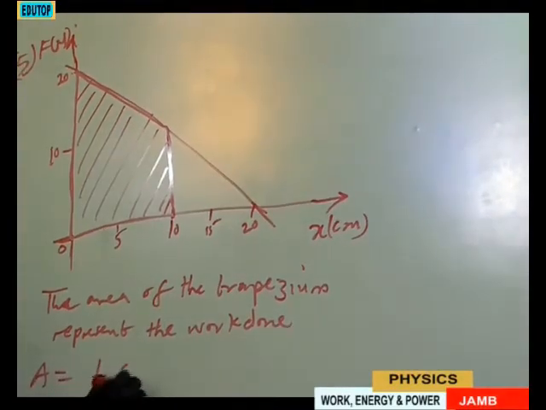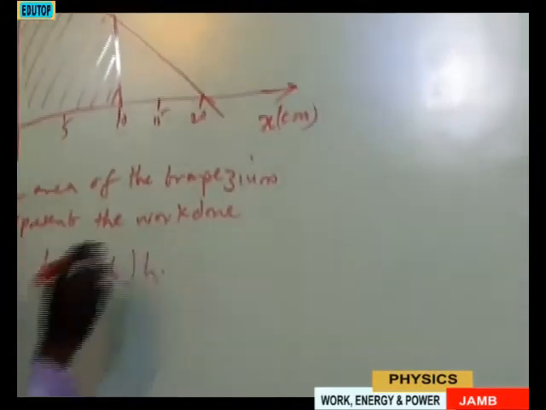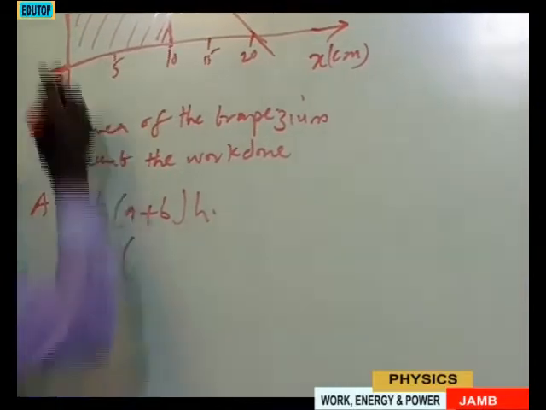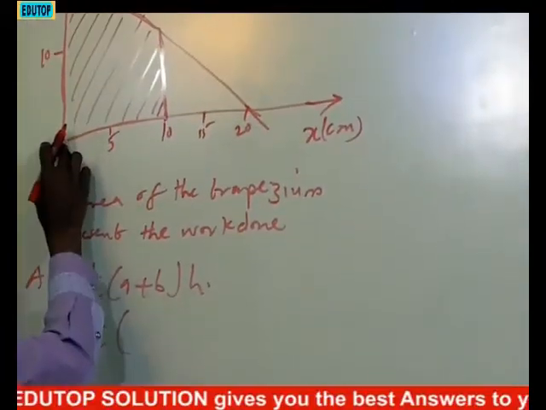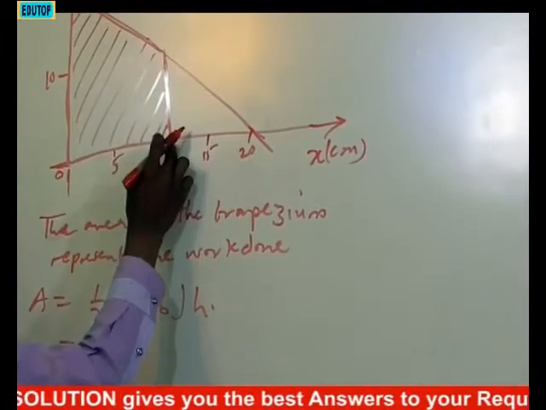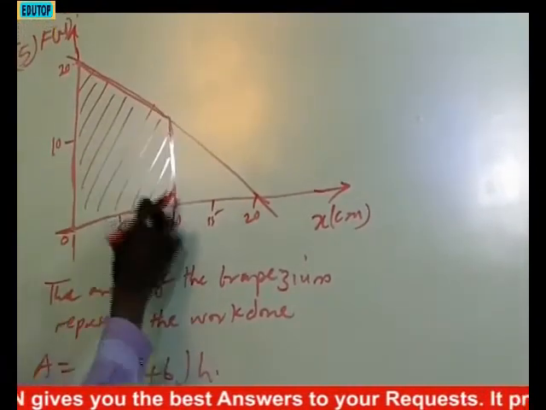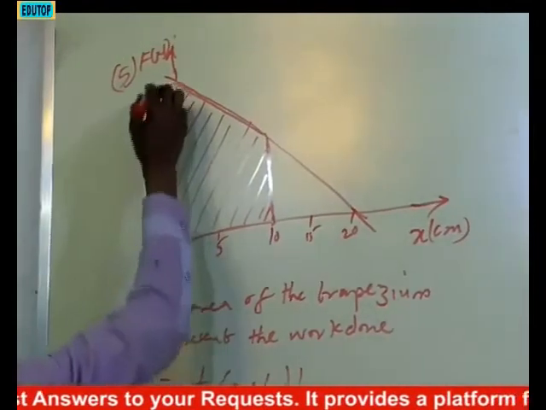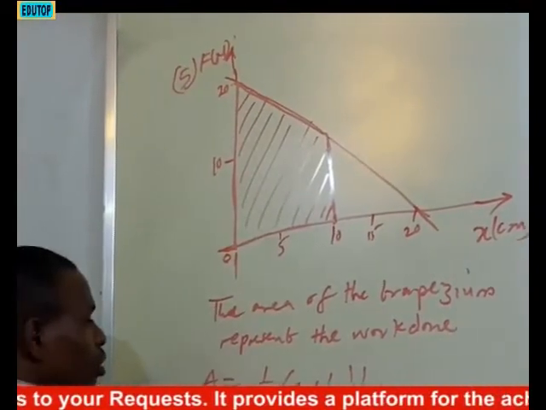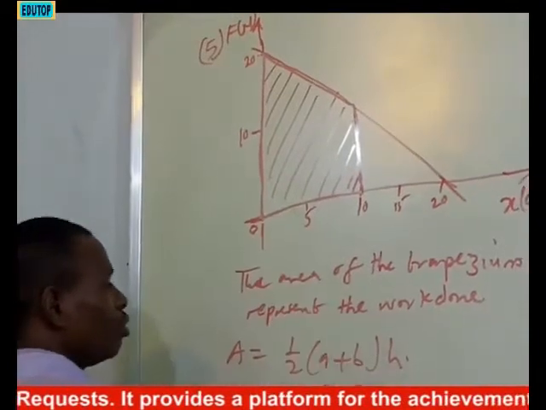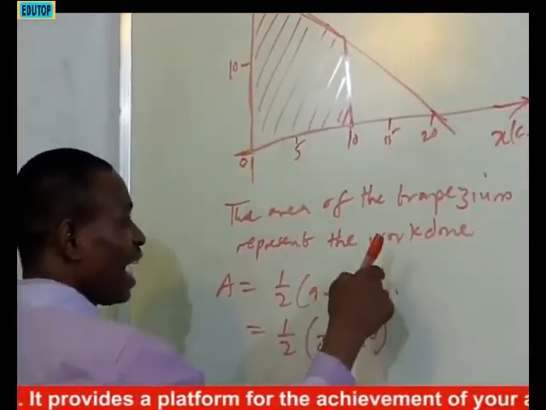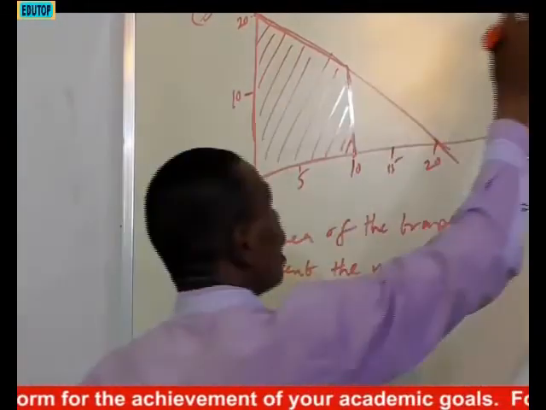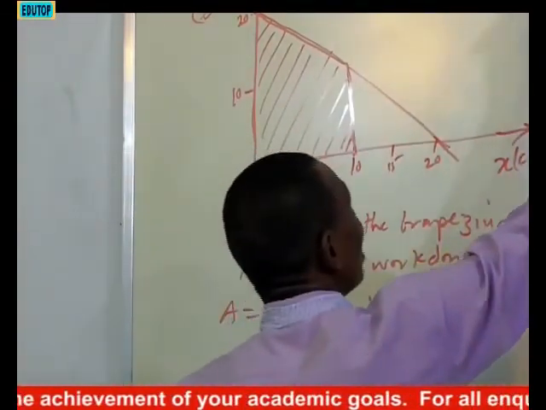It is half into A plus B times height, which is equal to half into your A is for the first side, your B is for the second side. So for the first side, between 0 and 20 is 20. Between 10 and 0 is 10. Then the height will now be, because if you try to draw this diagram appropriately like this, you are going to have,